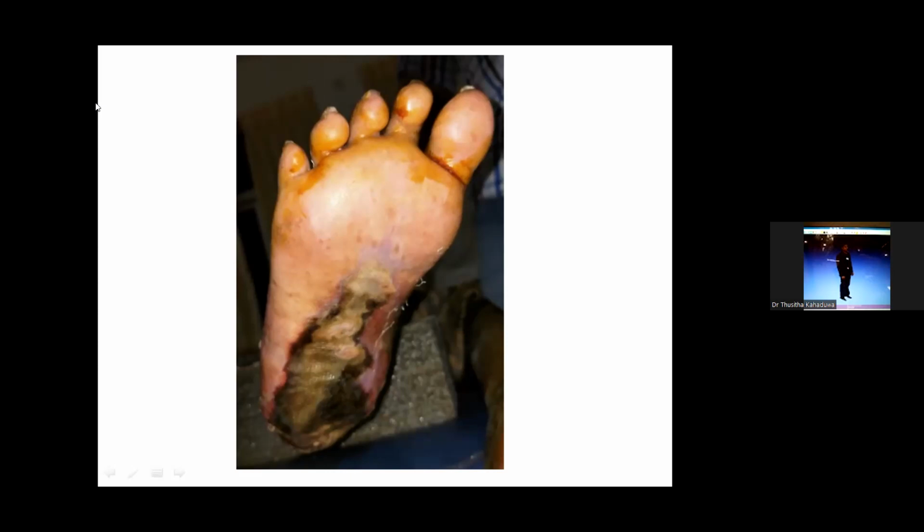He had some fever for a few days, and later when he was checking, he saw a bit of a blister and some pain in the foot, but he didn't care about it, and this is how he presented. Can you